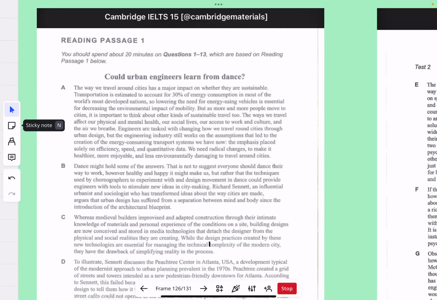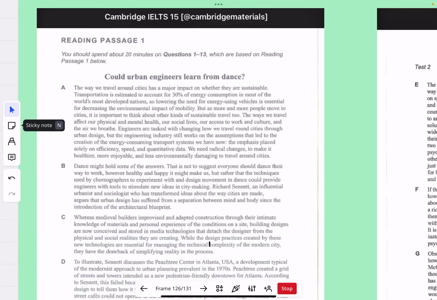The skimming text. The way we travel around cities has a major impact on whether their sustainable transportation is estimated to account for 30% of energy consumption in most of the world's most developed nations. So lowering the need for energy using vehicles is essential for decreasing the environmental impact of mobility. But as more and more people move to cities, this is important to think about the